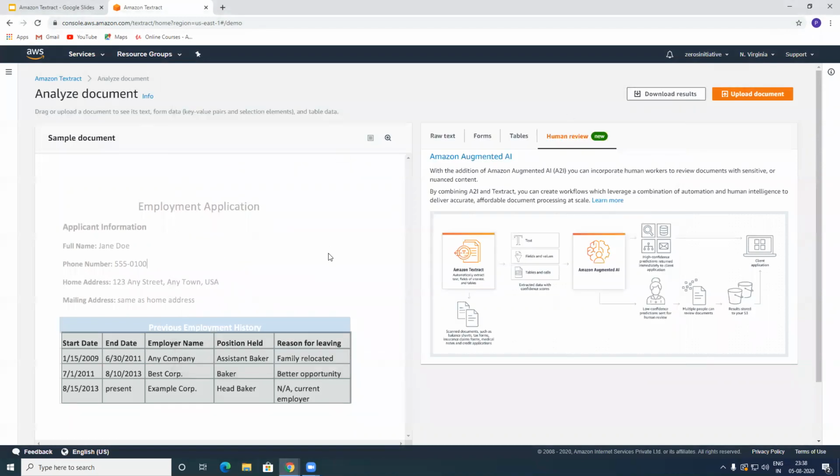So I hope you got a good idea as to what Amazon Textract does. It's simple in its nature, but you can do some very powerful things, like automated workflows and so on. So I'll catch you in the next session wherein we talk about another machine learning service called Amazon Kendra. And I tried that service right when it released. It was a really good service.